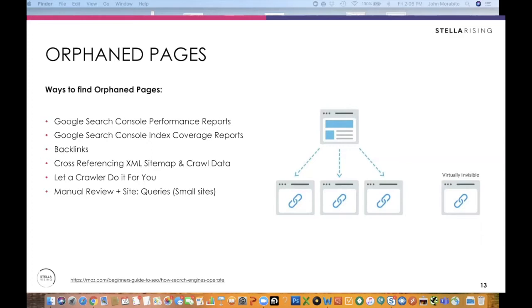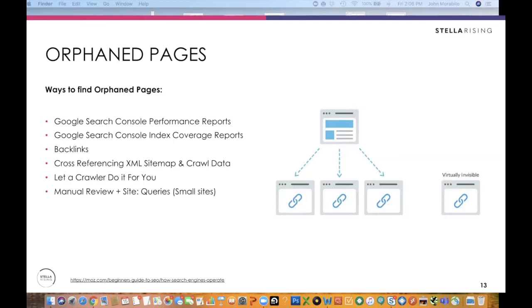And an XML sitemap is not a substitution for an appropriate site architecture. And so very often we'll come into a site, we'll say, hey, what are all these pages that are in the XML sitemap? They're indexed, they get a little bit of traffic. What's going on with these? And maybe the developer or the client team will say something like, oh, well, those are pages that we want to have for like marketing purposes or SEO purposes, but we don't want to link to them on the website because we don't want people to see these things. Well, unfortunately, it's really hard for you to sort of have your cake and eat it too in that regard. You need to basically link to those URLs if you want them to be seen as relevant, authoritative, and for